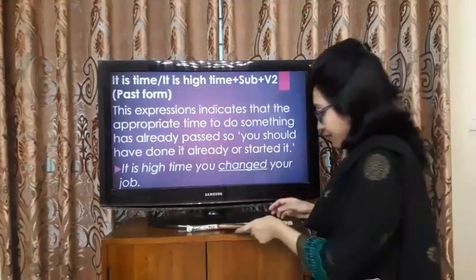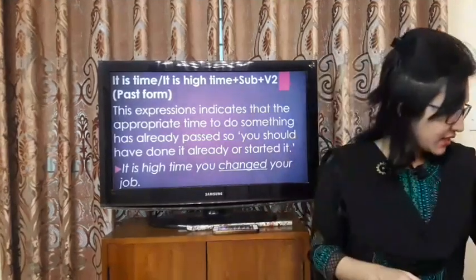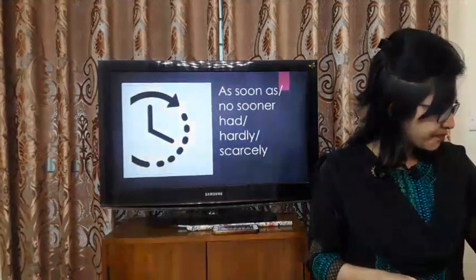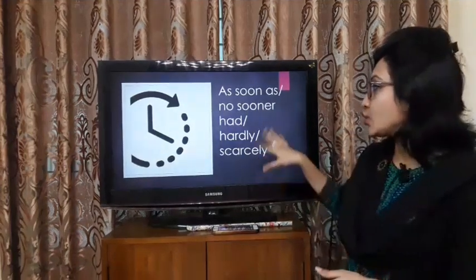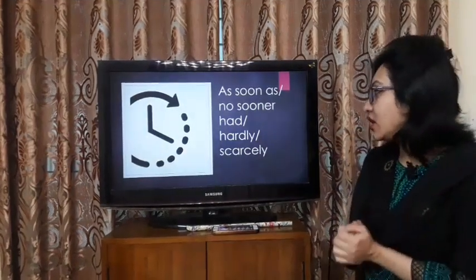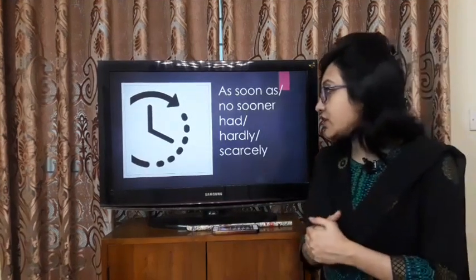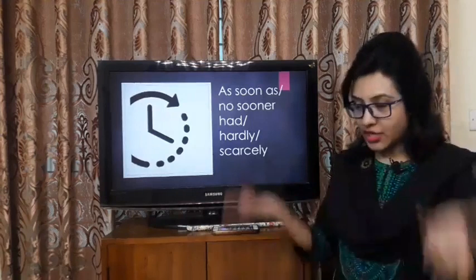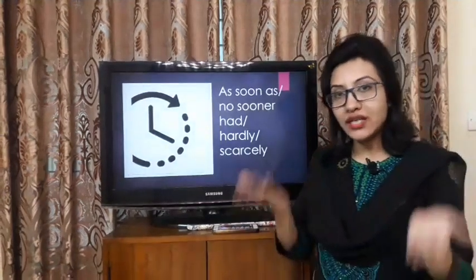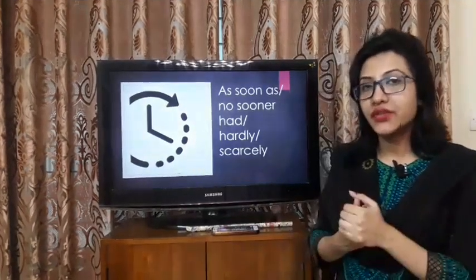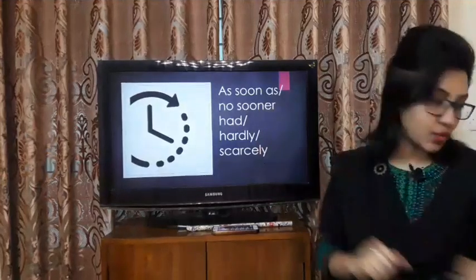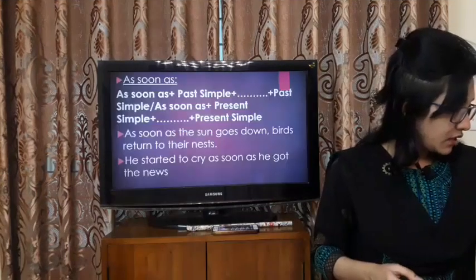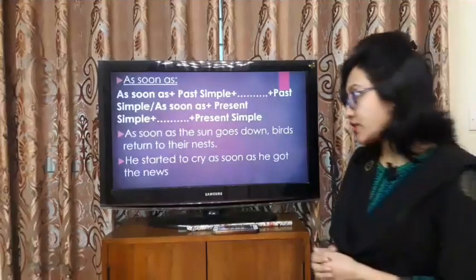So we have just 5 minutes left, last 5 minutes. As soon as, no sooner had, hardly, scarcely. Now these are the expressions that are used when two actions happened. দুটো কাজের ক্ষেত্রে আমরা এই এক্সপ্রেশনগুলো ইউজ করি।